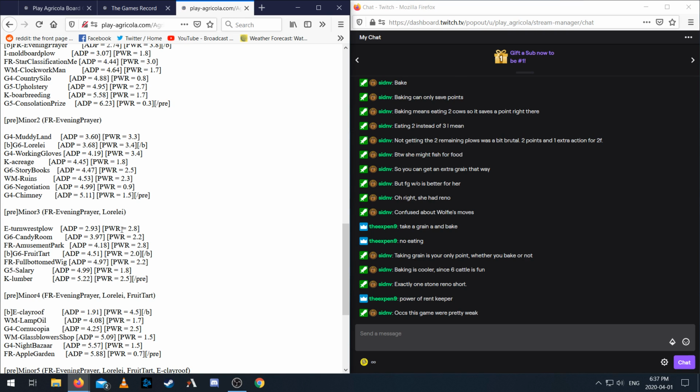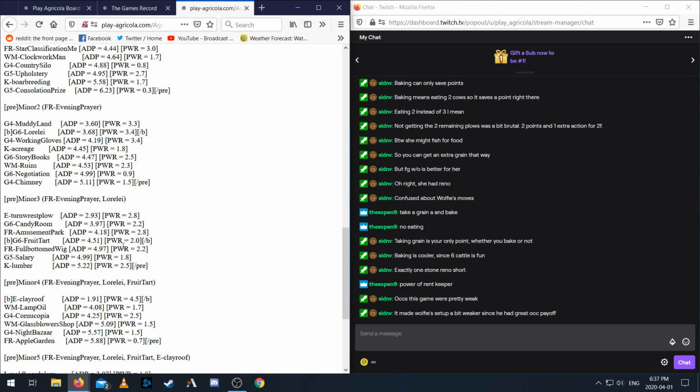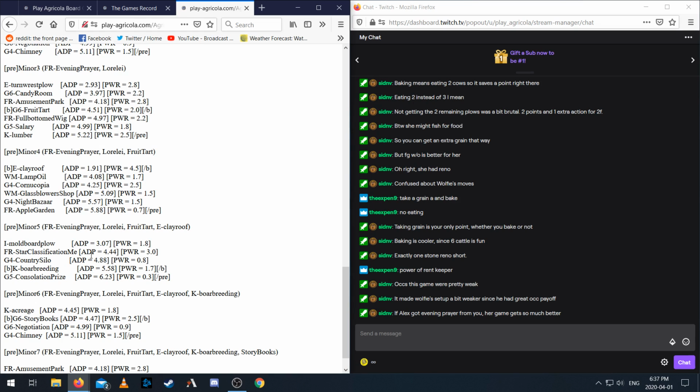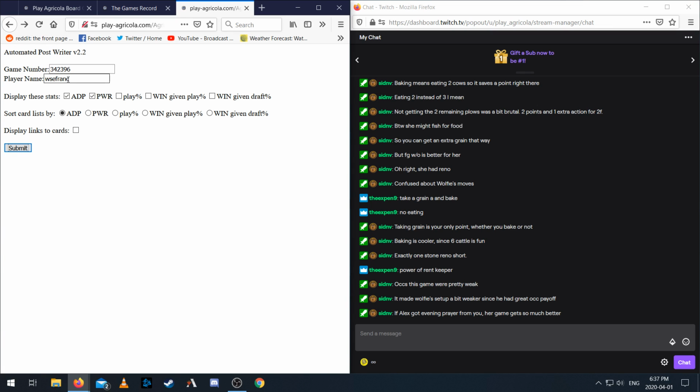Took Fruit Tart. Wolfie had quite good Ox payoff, yeah. Clay Roof here was really good. I have to look at Touldin's draft. Touldin's draft seems... He passed me some stuff that I think I would have taken if I had a big